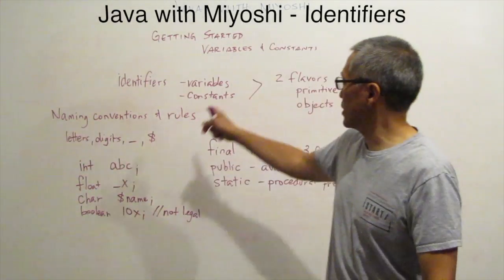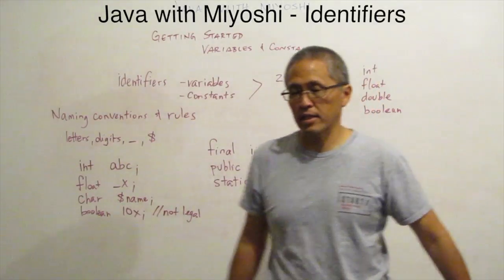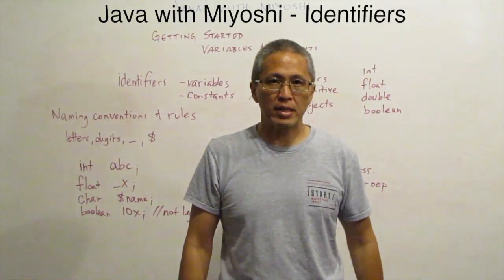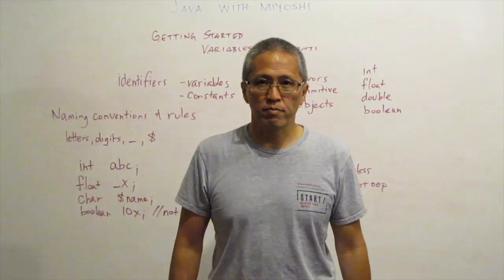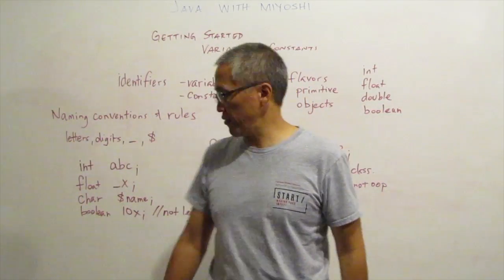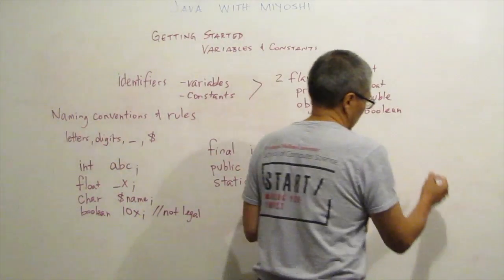We're talking a little bit about variables and constants today, and just about their naming conventions and those kind of things. So, variables and constants are ways that you hold data. Matter of fact, what happens is